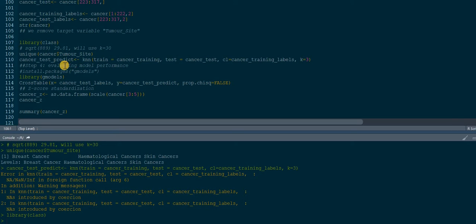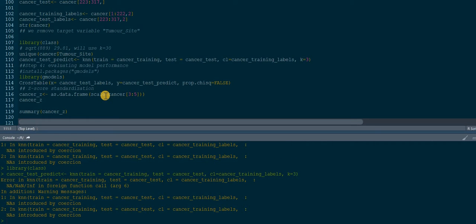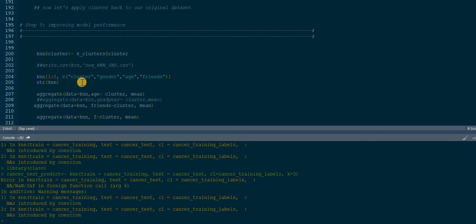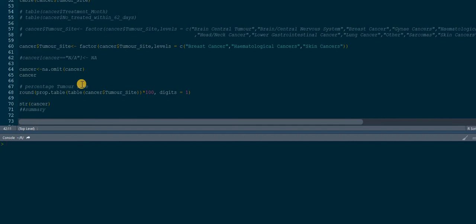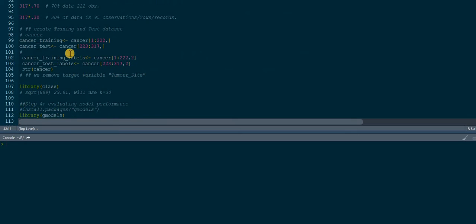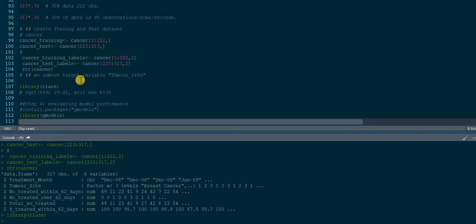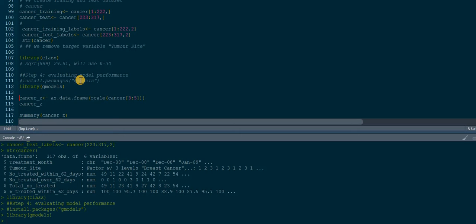Not sure why this is giving me an error. I think I know why this was giving some errors. Within the data set we had some blanks or NA, so I had to come and remove them here, and then go back to our code, which is somewhere here. Then apply training, then create labels, call the library called class,